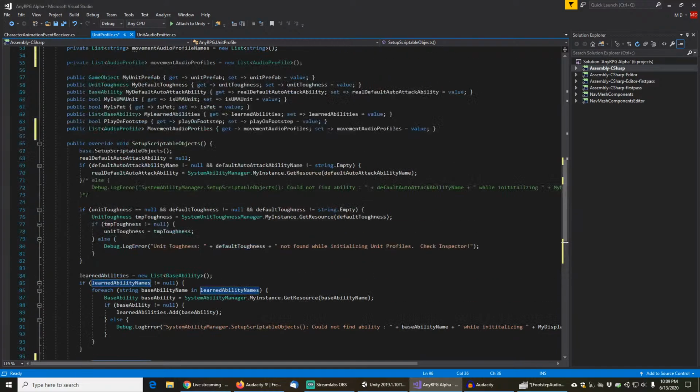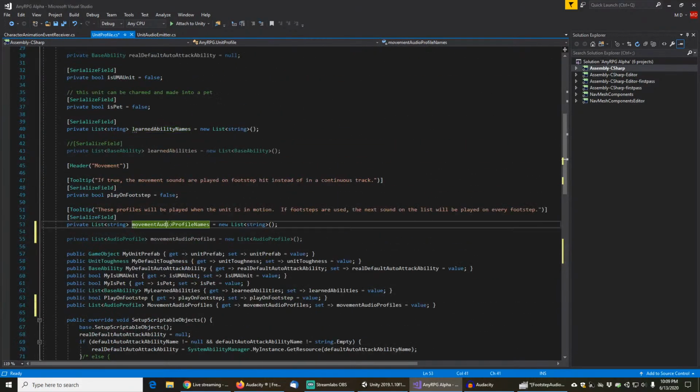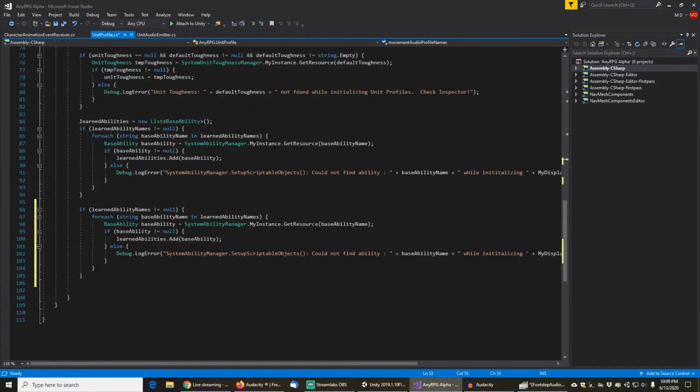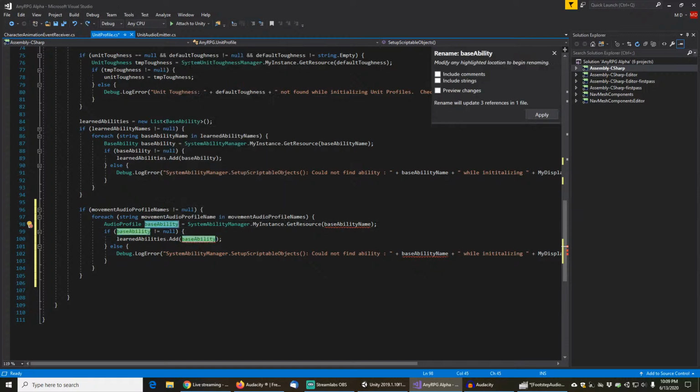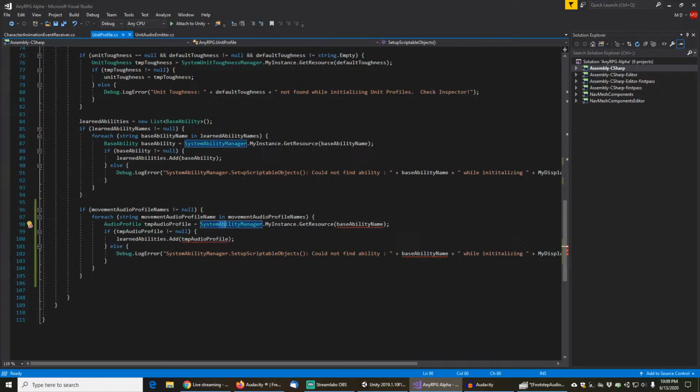And in this case we're looking at if the movement audio profile names does not equal null, then for each movement audio profile name in movement audio profile names, audio profile, we'll just rename that base ability to TMP audio profile, apply that, and we're getting this from the system audio profile manager.getResource based on movement audio profile name, and if TMP audio profile does not equal null, then